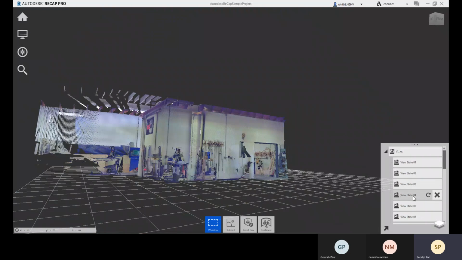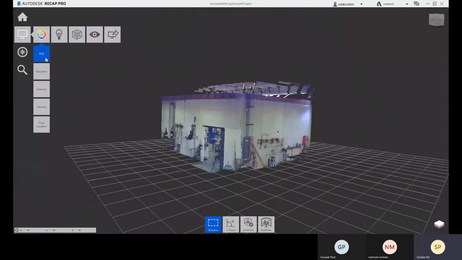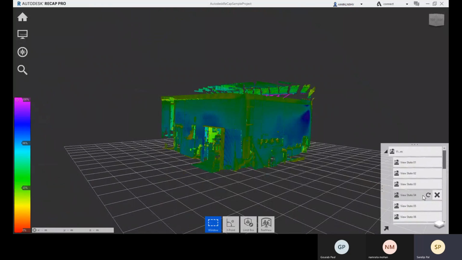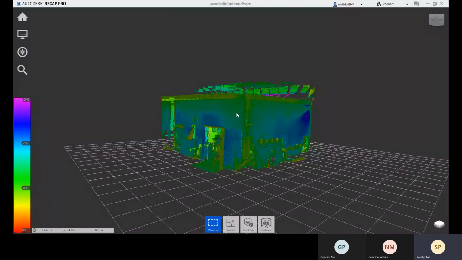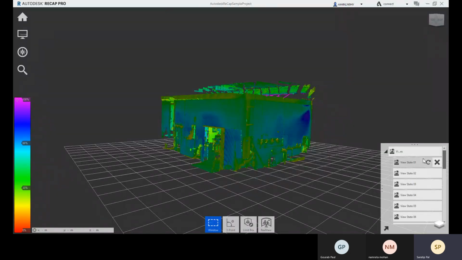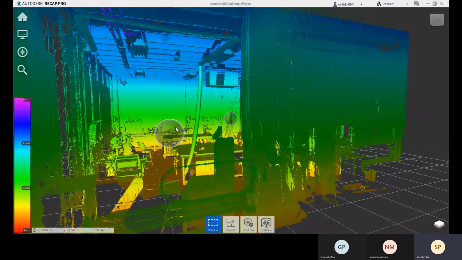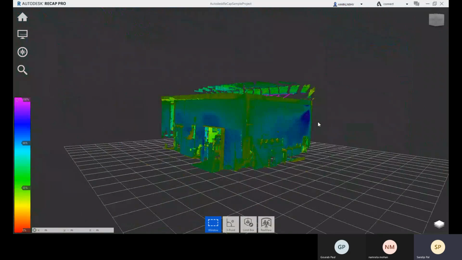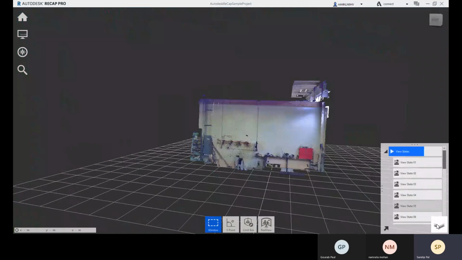Okay, and about that view state 4, so this is right now view state 4, and here you can change the color, like if you go for this intensity, and there you have to update it. So when you click on this, you will get that message. And now let me play them together from the beginning. View state 2, and view state 3, and view state 4. Okay, like that.